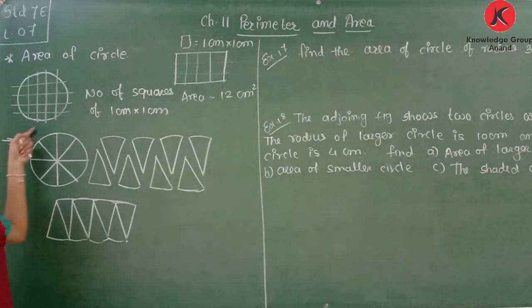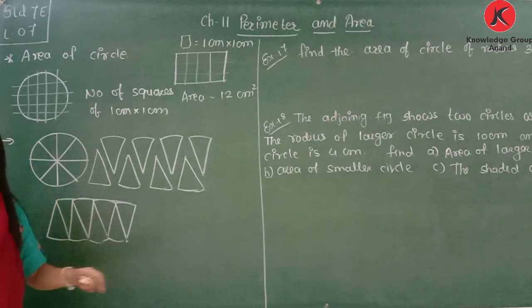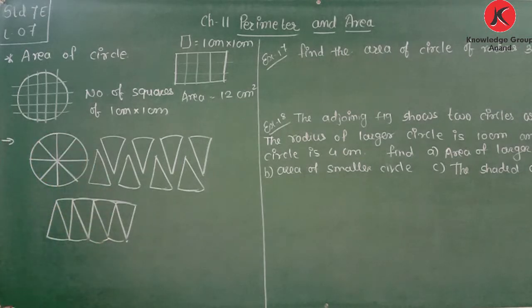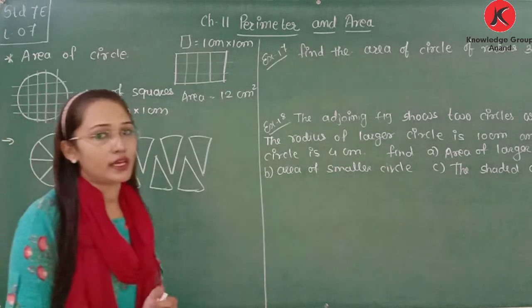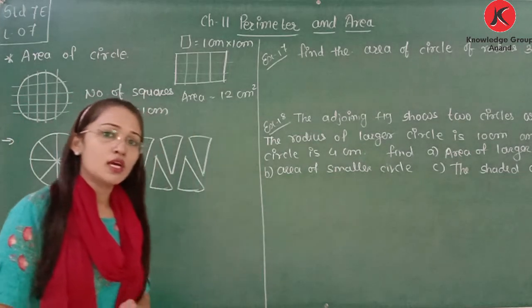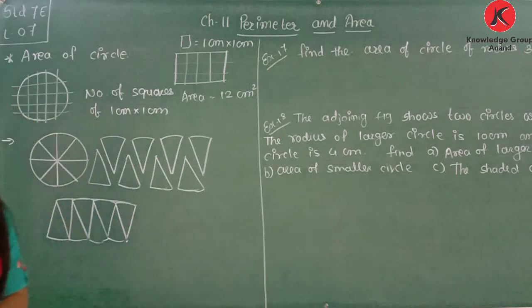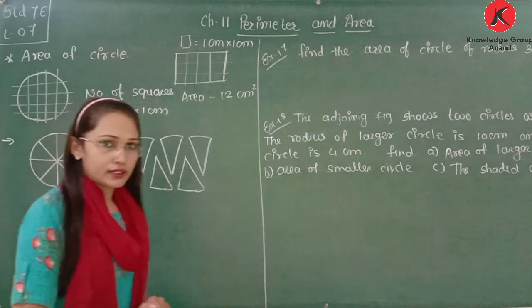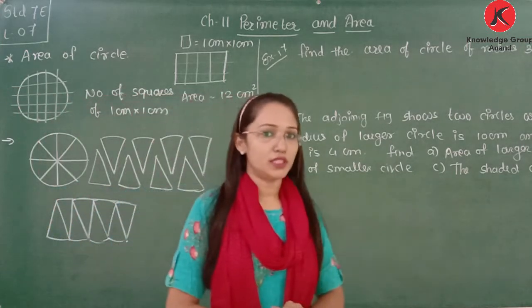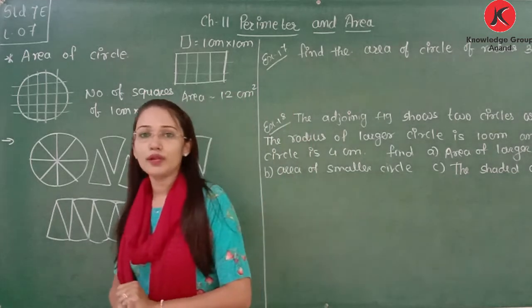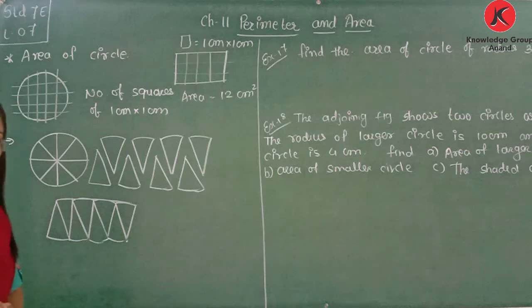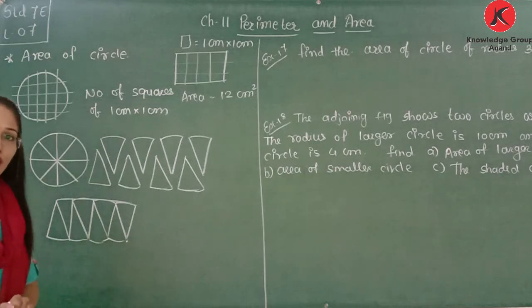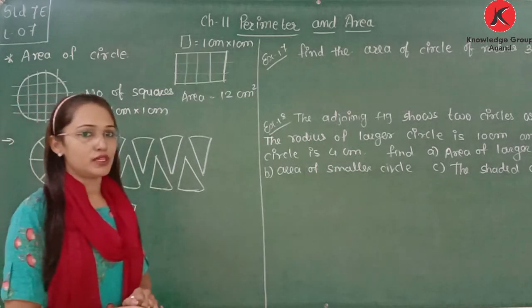But every time it is not possible to place the object on square sheet paper. So how can we find the equation for the area of a circle? We have the equation for the area of a square, that is side multiply side. We also have the equation for the area of a rectangle, that is length multiply breadth. We also learned in a previous video about the area of a parallelogram, that is height multiply base, and the area of a triangle is 1 by 2 height multiply base.